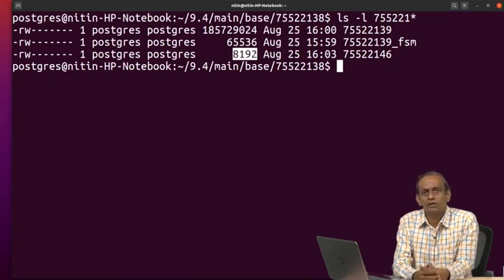So, what is the data directory for you? It is /var/lib/postgresql/9 your version, then main, then base, and base contains the directories for the respective databases that you have. Right. So, this would be the data directory structure. Next session we will talk more about this file system, and we will try to see whenever I create a table or a relation with some constraints, how exactly this number varies. Earlier it was 141, then it suddenly showed us that one record was added, correct. So, we will try to see how many records are added whenever you create a table with constraints. Thank you.